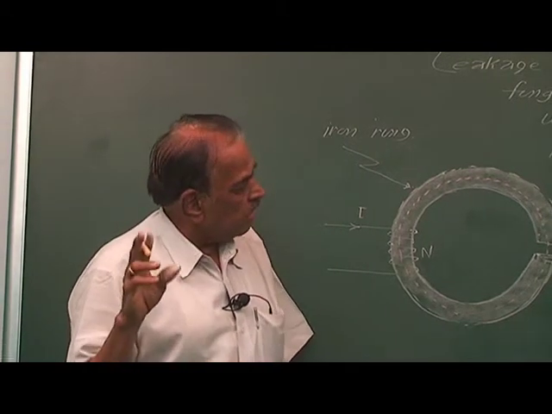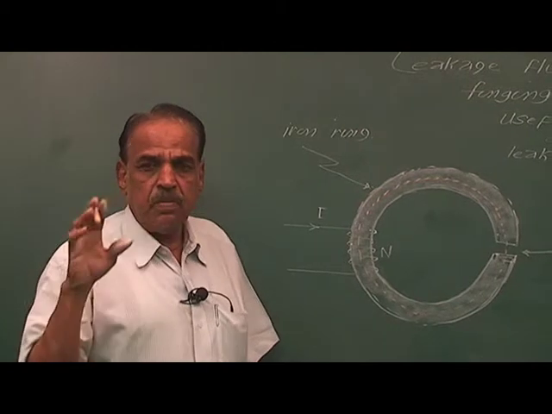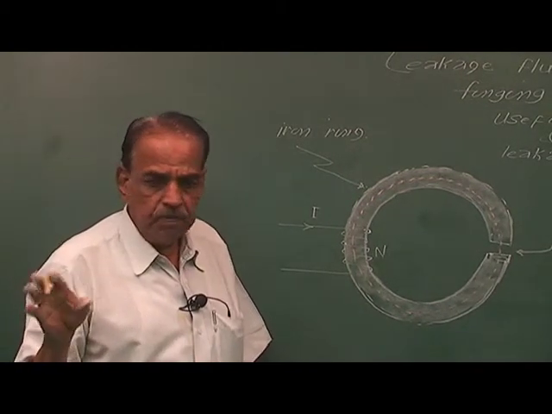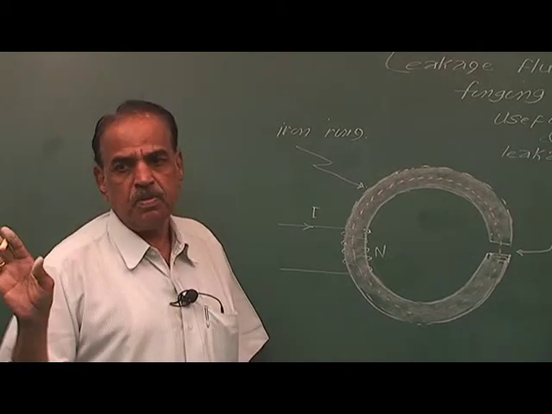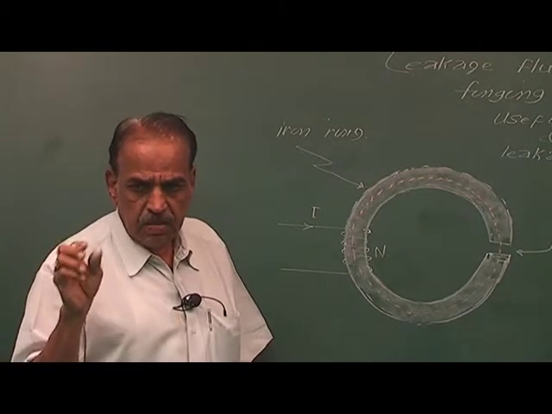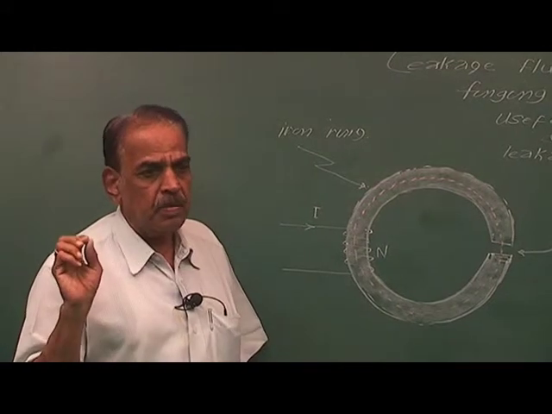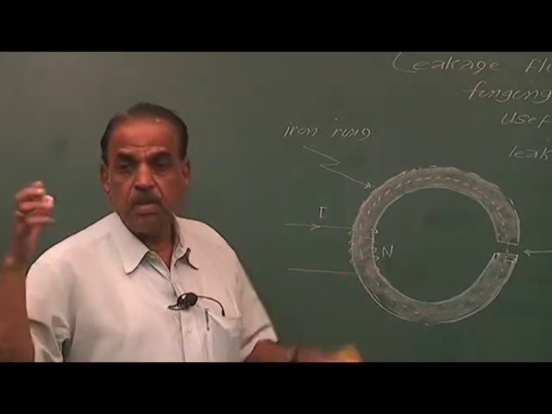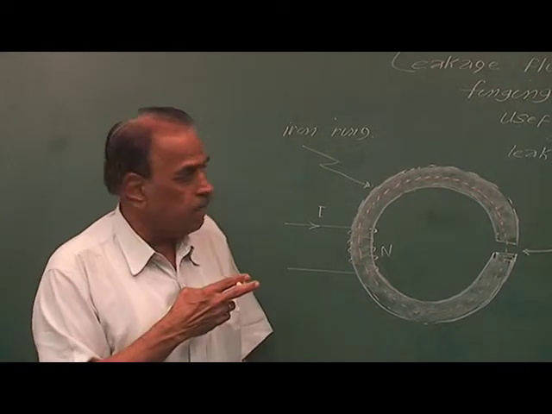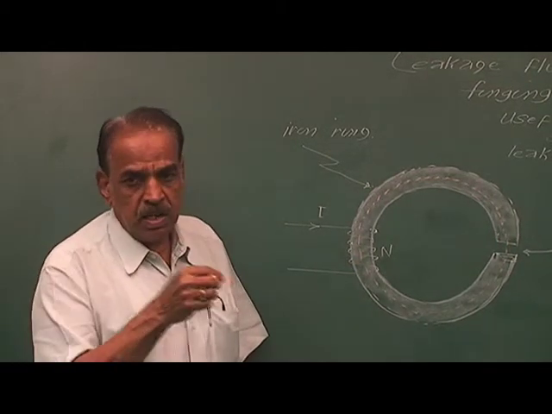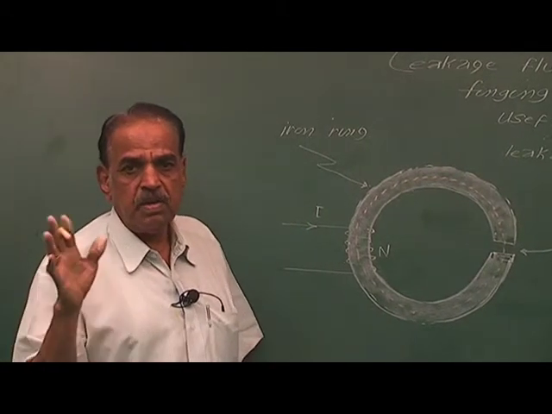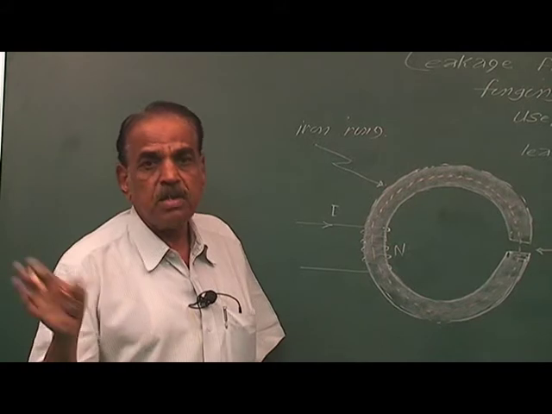And remember, in case of flux, what is the main tendency of the flux line? It tries to be as short as possible. The flux line is just like a rubber band. If you stretch the rubber band, what happens? Length increases, it exerts a force. Same is the case with a magnetic flux line. If you try to increase or distort the flux line, it exerts a force. That is the basic property because of which torque is produced.